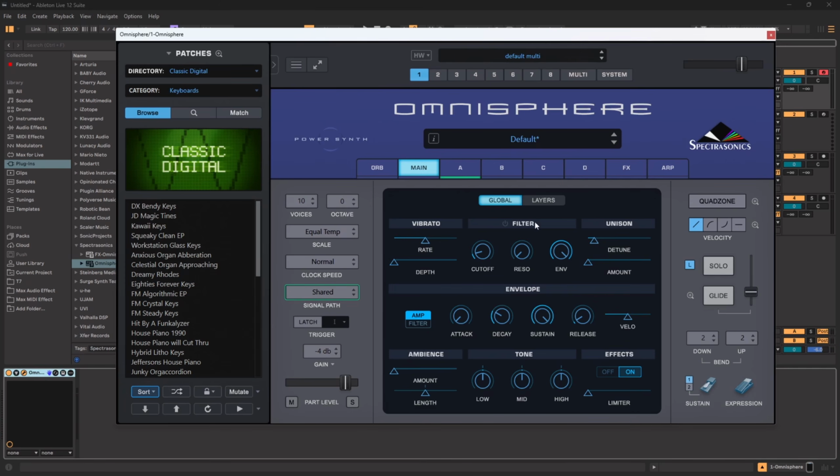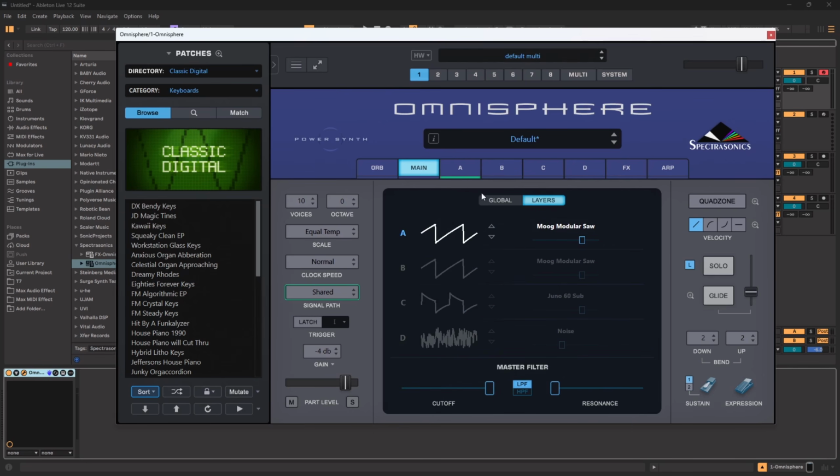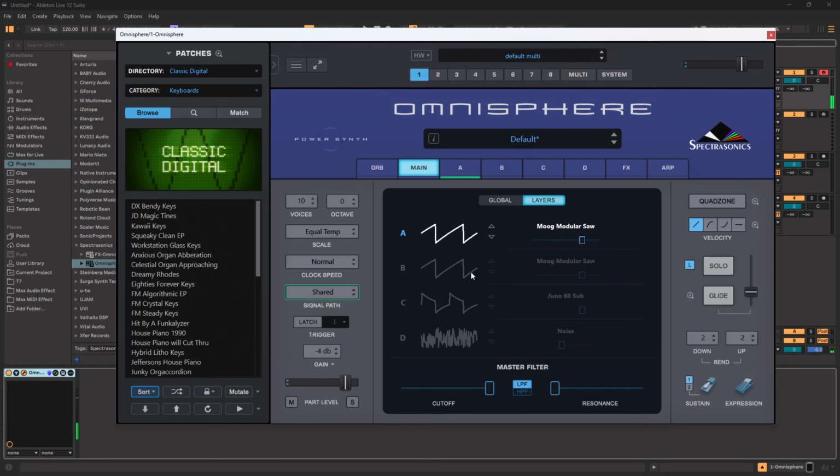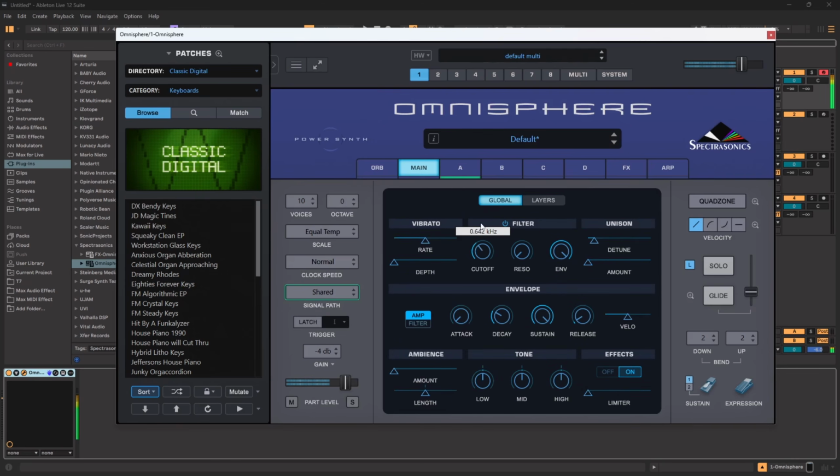There are several important things to realize on this main page. This is new. If you click on layers, you can see any of the 4 layers that are being used per part. So you can have 4 layers per part, and then you can have up to 8 parts. Then this starts to make up a multi. Most of the time, you're just going to be needing to use 1 part because 1 part can have up to 4 layers. This is very, very cool. So, like I said, we've got this synth oscillator, and it's a Moog modular saw. If we go back to our main page here and go back to global,